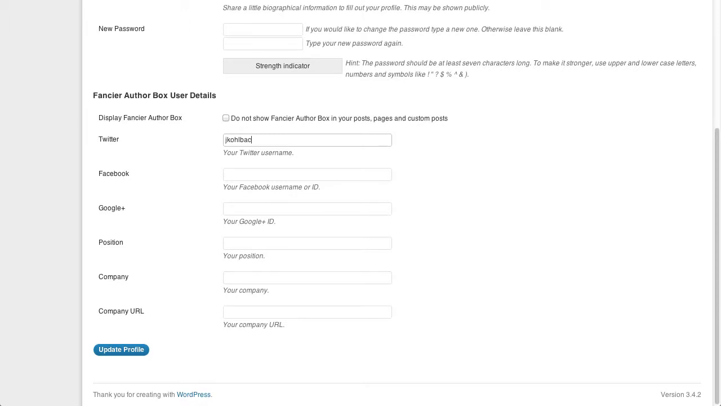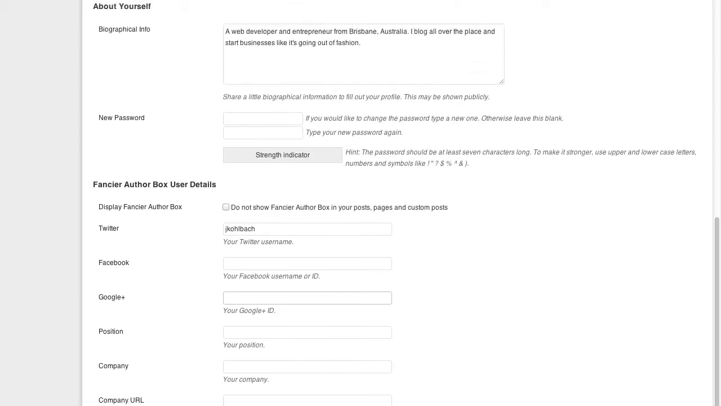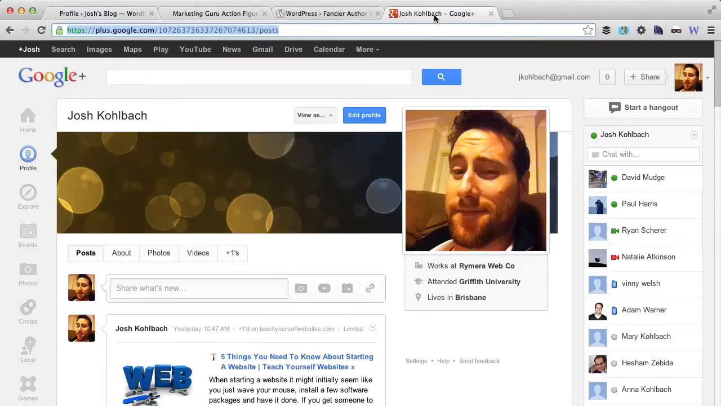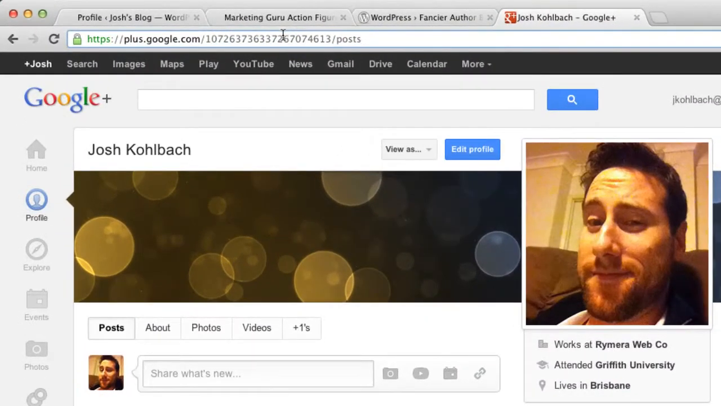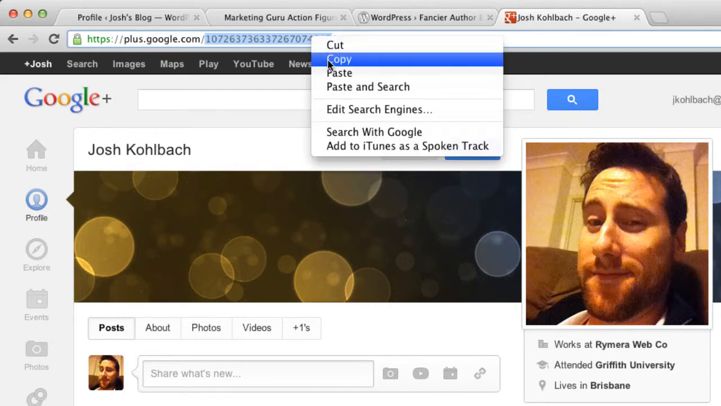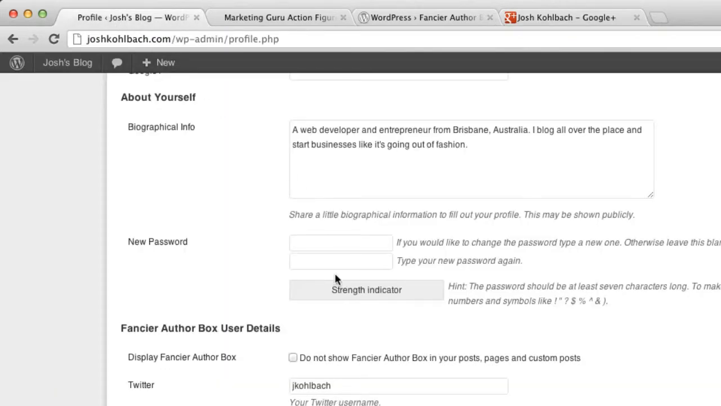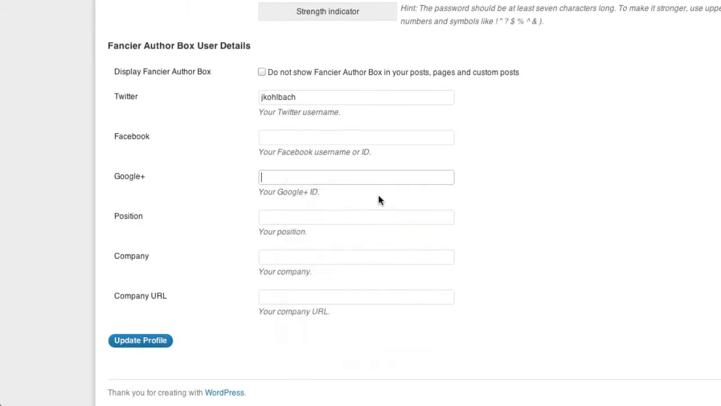Like if I want to put my Twitter name in there, you can also put your Facebook ID, which is just your username or the ID of your Facebook page, and you can also put in your Google Plus ID. To get your Google Plus ID, you just come over to Google Plus, and then you can grab this big string of numbers out of the address bar, and that's your ID. So just drop that in there,